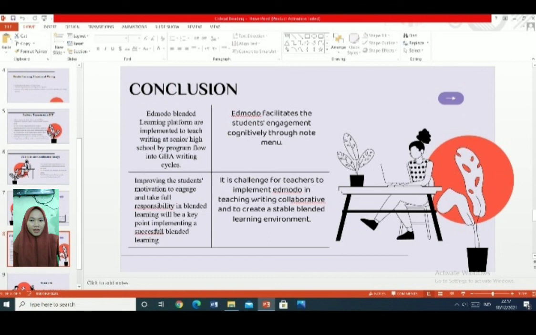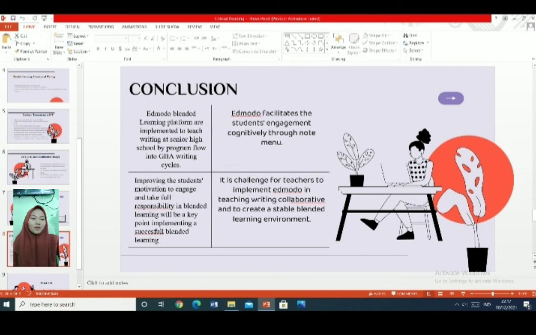The third, improving student motivation to aim and take full responsibility in blended learning will be a key point in implementing a successful blended learning. The fourth, it is a challenge for teachers to implement Edmodo in teaching writing collaboratively, and to create a stable blended learning